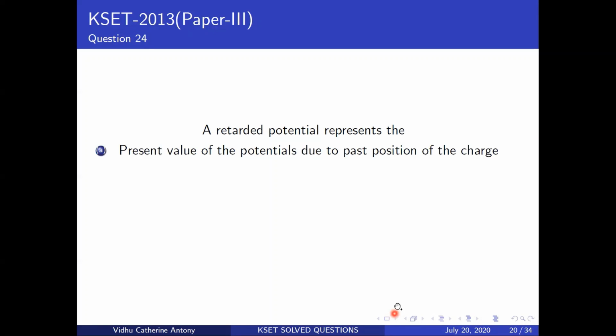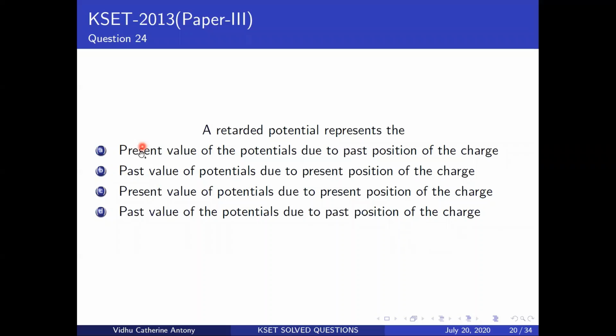Okay, so I don't know if you've heard of this. They say that looking at a star is basically like looking at your past. The idea comes from the light that a star gives you right now being light that it emitted in the past. Many people keep saying that you're actually looking into your past when you're looking at a star. So a retarded potential is basically something that, let me just show you the options.